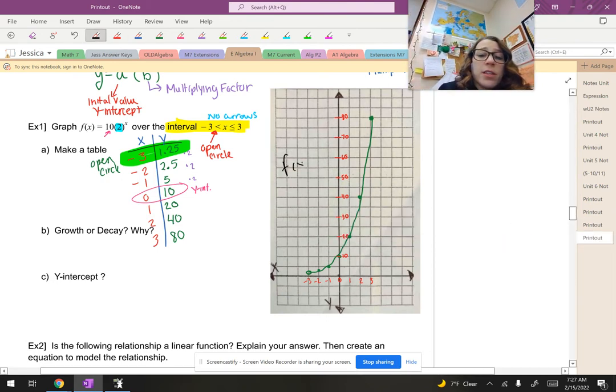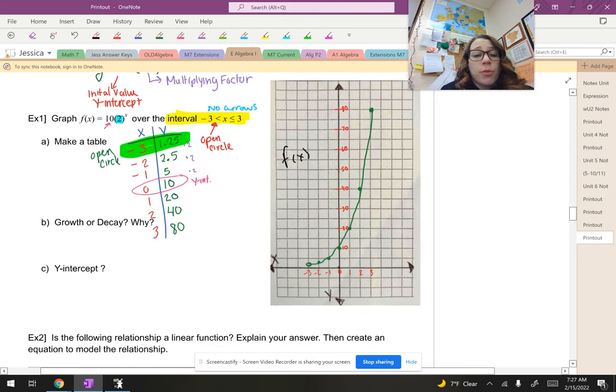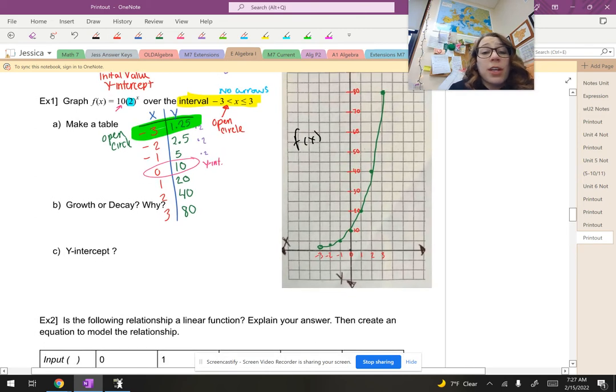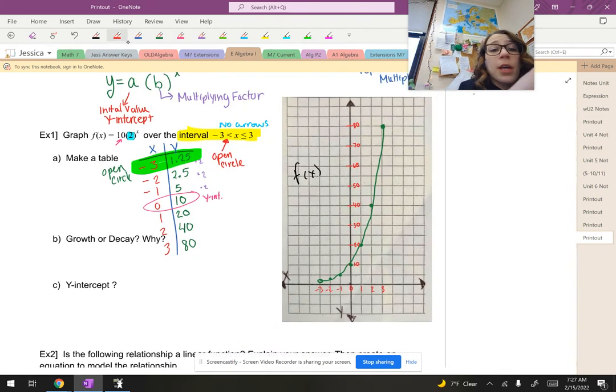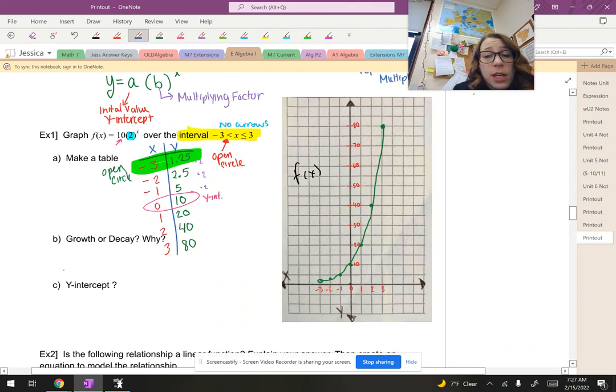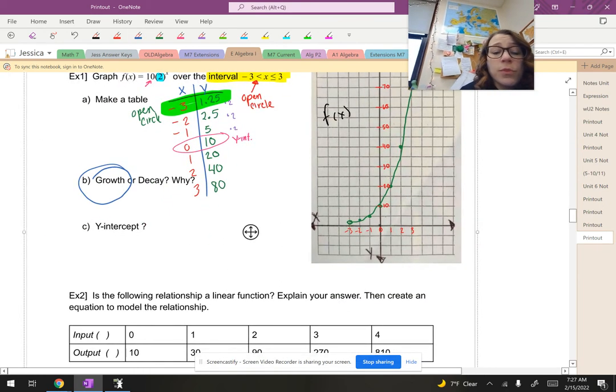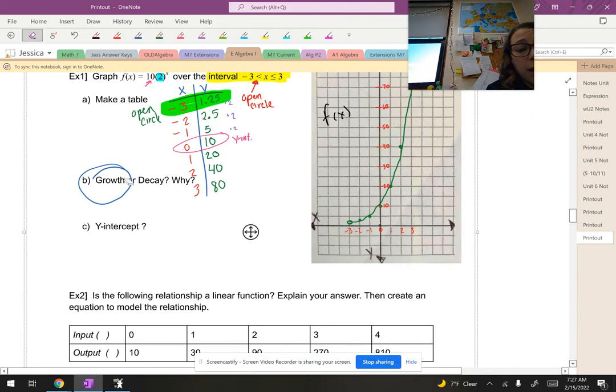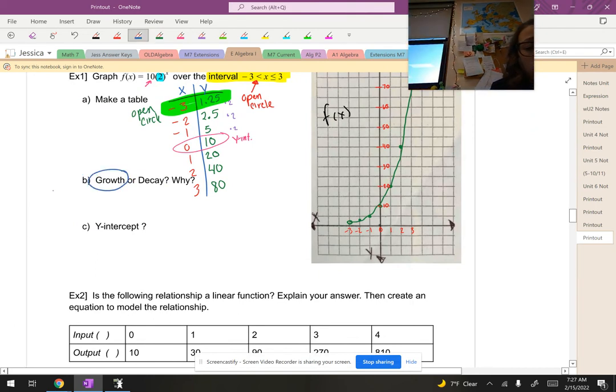We can label that with f of x. And part B is asking me, is this showing growth or decay? Why? You have a couple of different answers for this, depending on what you're looking at. If you're looking at the equation, you can say that this is going to be growth because the multiplying factor is bigger than 1. So we can say growth because the multiplying factor